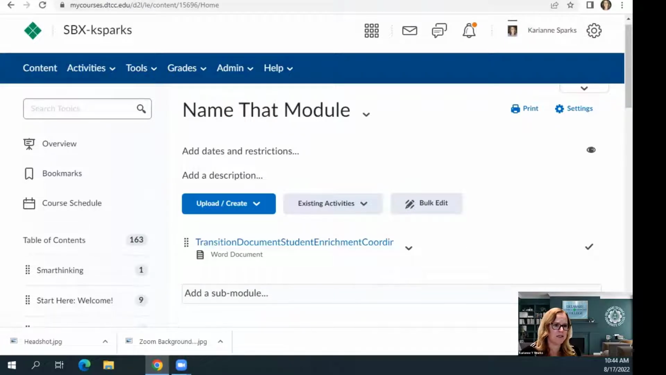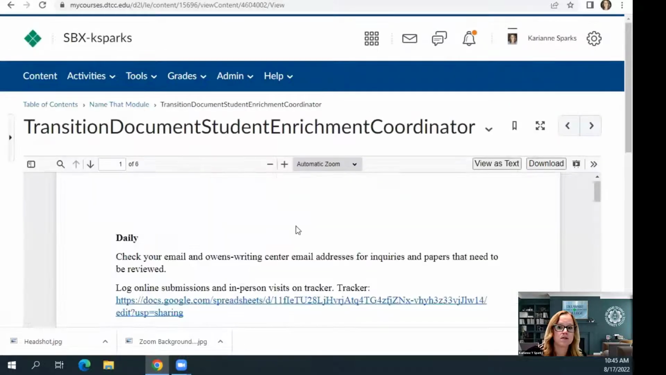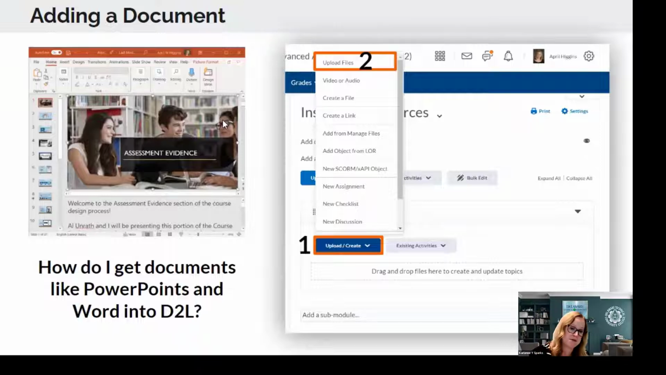They're going to have no idea why I put this in there. So we would want to have some sort of description for what this document is, some kind of context for it. But this is how you at least get it. And then we look at, kind of instructional design wise, why it's there and what we want to put around it. And so here we kind of skipped this step, but here is how do you get documents like PowerPoints